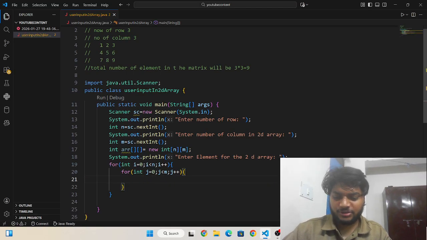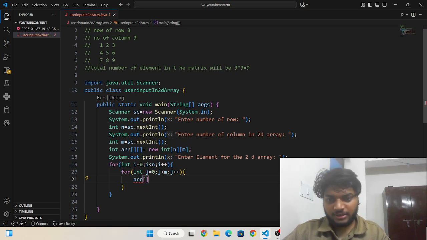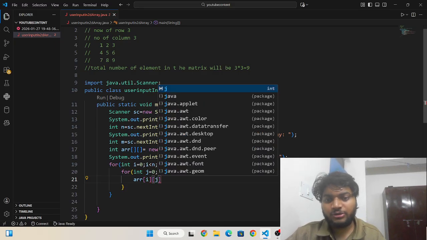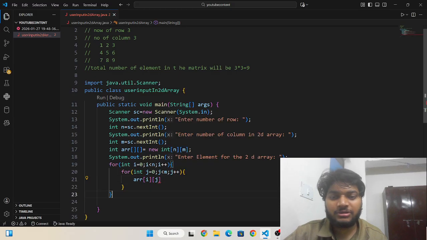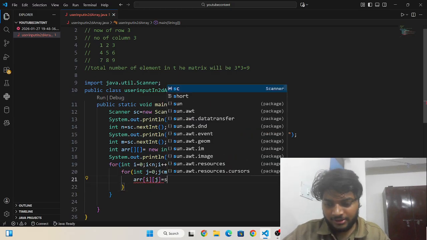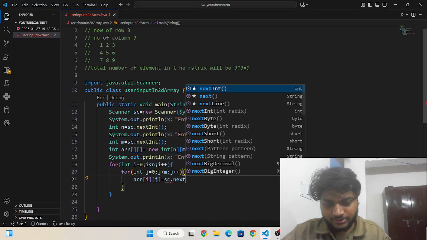Not int, guys, because I have already declared it. Here i denotes the number of rows and j denotes the number of columns, and then sc dot nextInt.